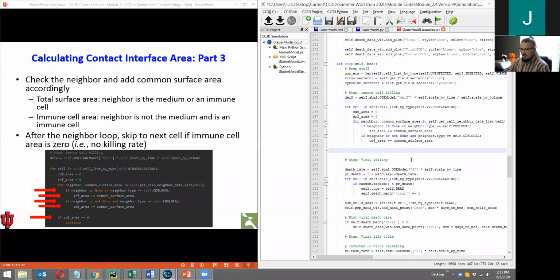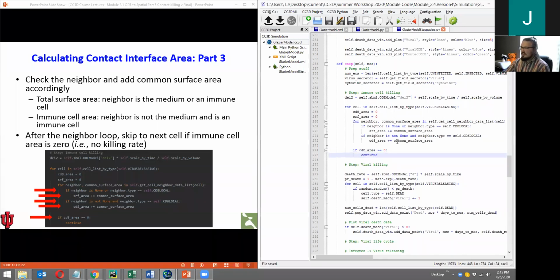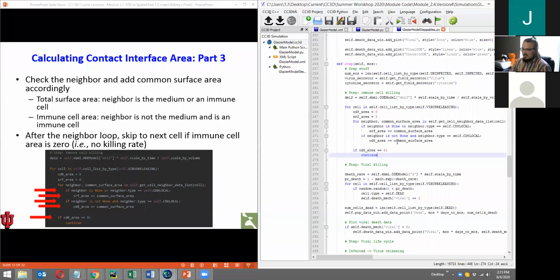Let's go down a couple of lines, and before we continue with actually implementing contact killing, let's just add a little easy performance improvement and say that in this cell loop, after having computed our contact areas, if the total contact surface area with CD8 local cells is 0, then continue on to the next cell. So if CD8_area equal to 0, then just continue. Okay,